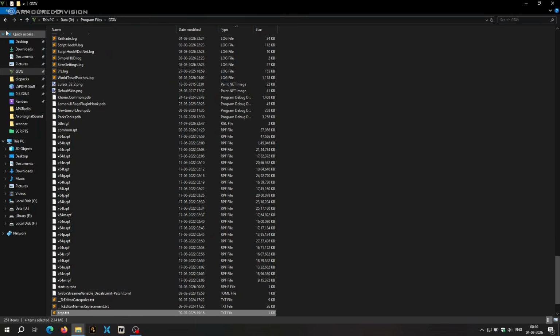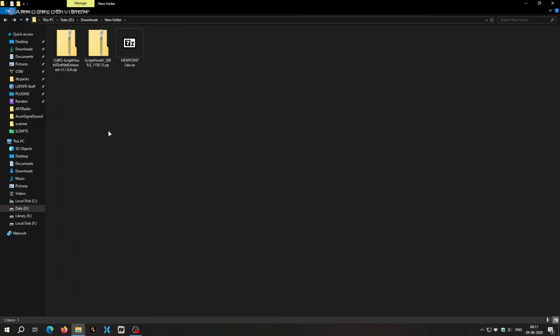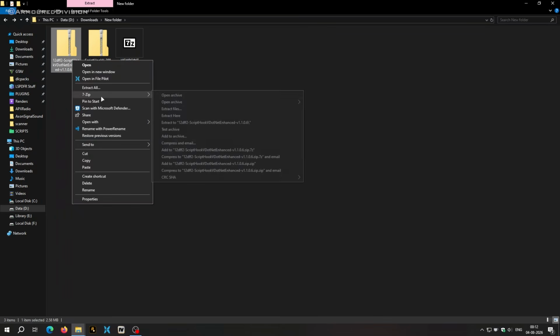Okay, that's it. Now the second requirement is ScriptHookV.NET Enhanced, and it's going to work for both Legacy and Enhanced, and you need to install this. Even if you have that nightly release of ScriptHookV.NET, that is not going to work. So the same process, download, extract,